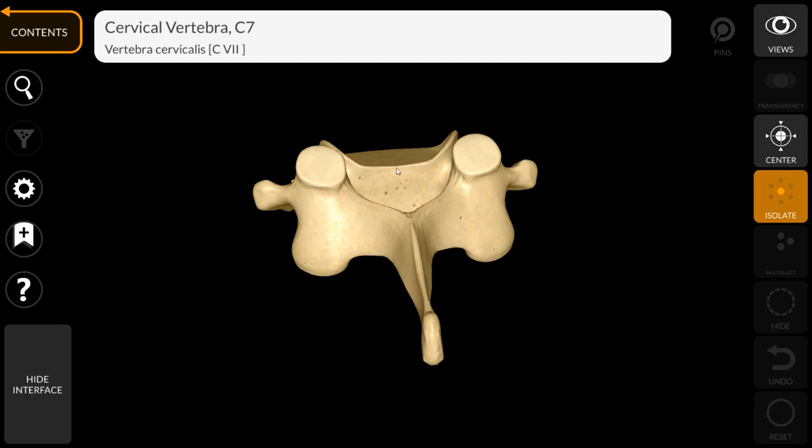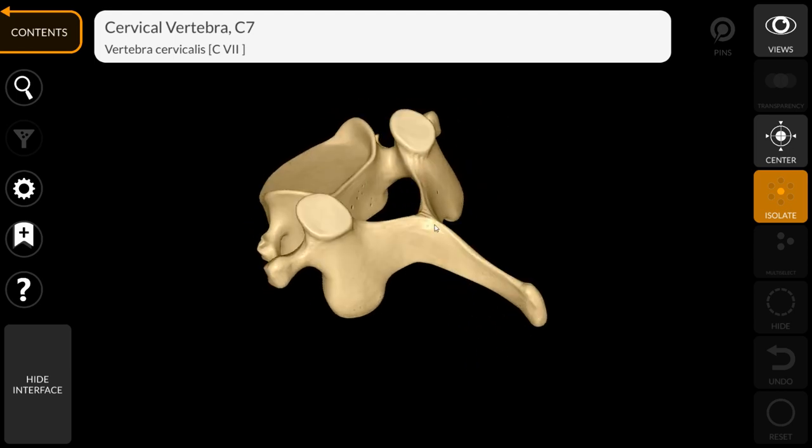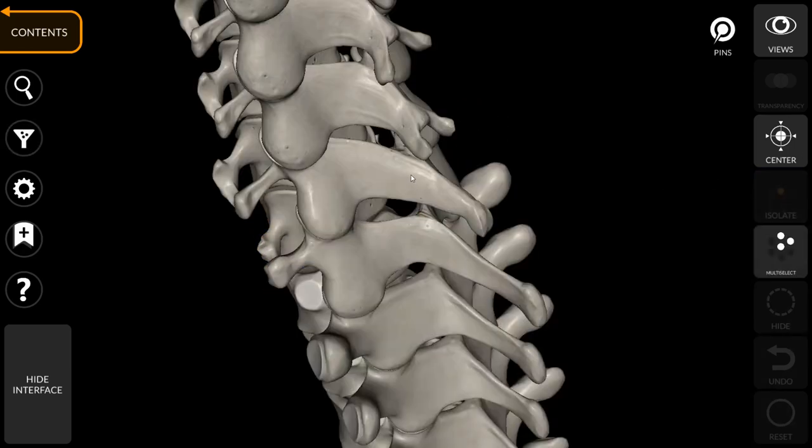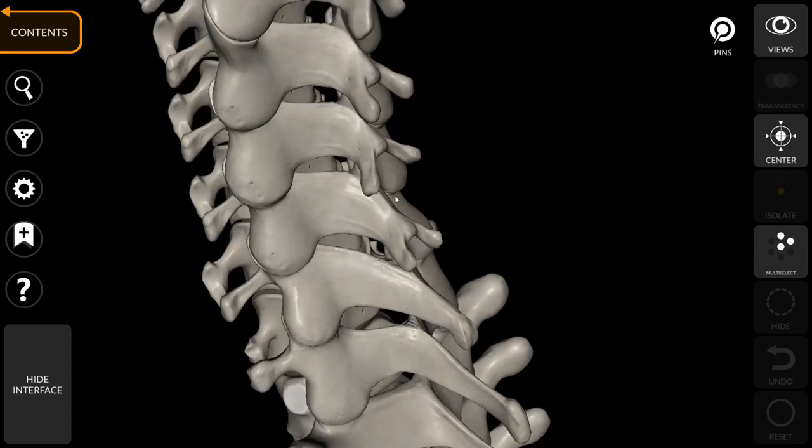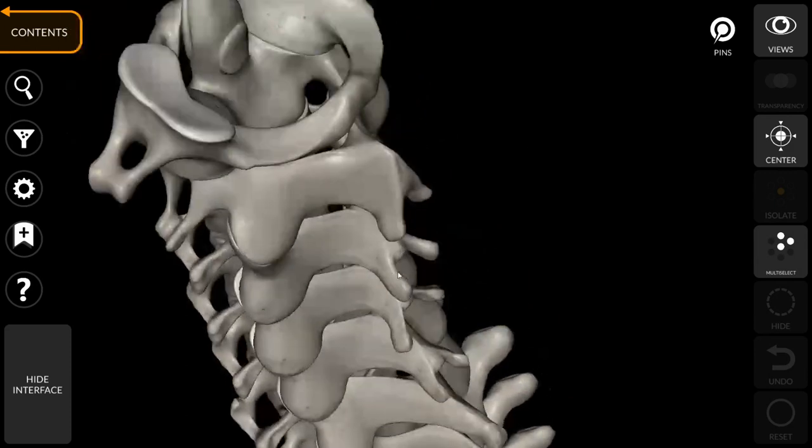Since the spinous process is very prominent and it doesn't have a bifid spinous process, that's why we call C7 the vertebra prominens. We call it the vertebra prominens. Okay, before we finish our class,